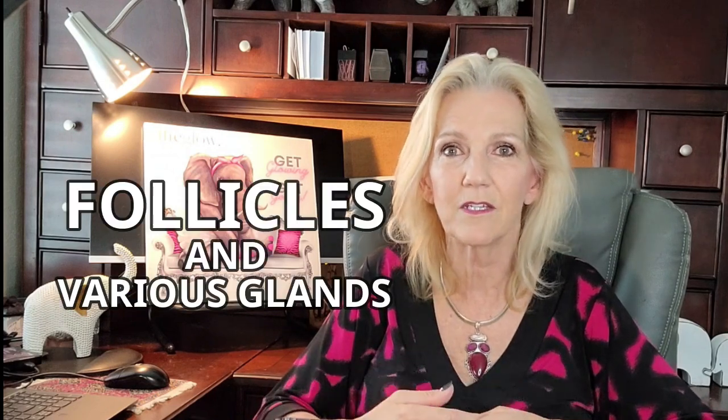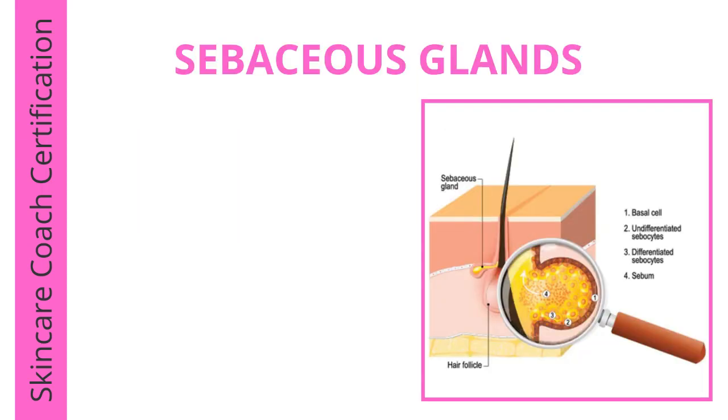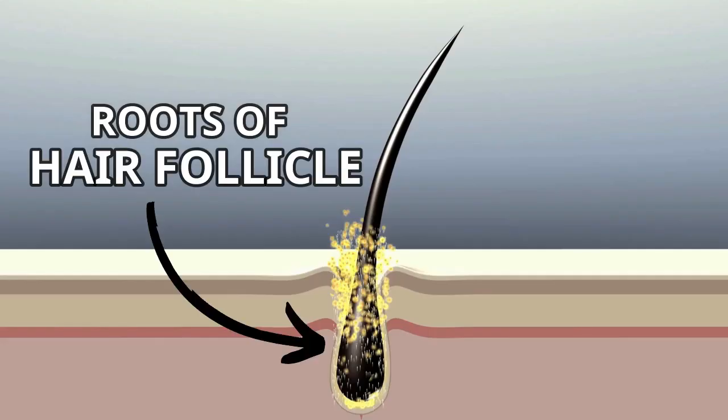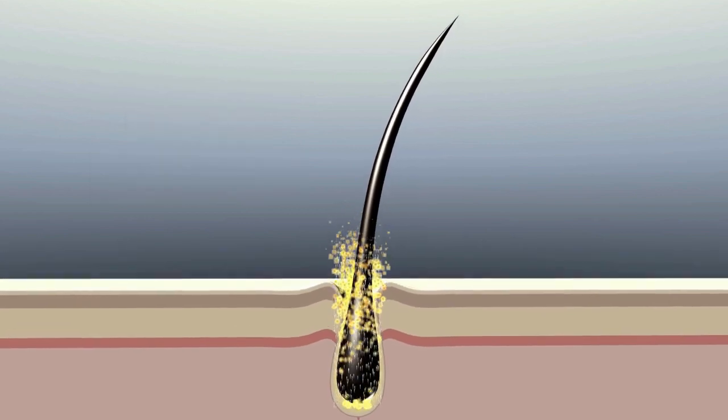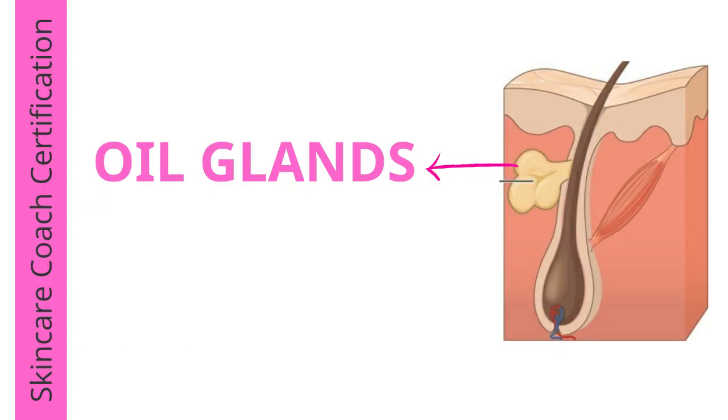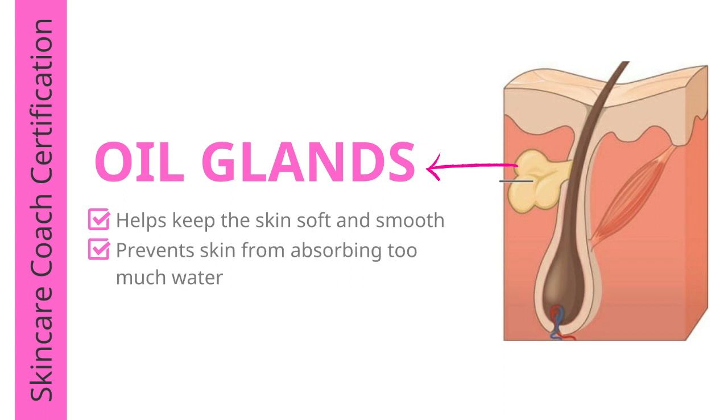The skin also has follicles and various glands, including sweat glands and sebaceous glands. The roots of the hair follicles attach to the dermis so that your hair can actually grow. The oil glands in the dermis help keep the skin soft and smooth. Oil also prevents your skin from absorbing too much water when you swim or shower, or losing too much water